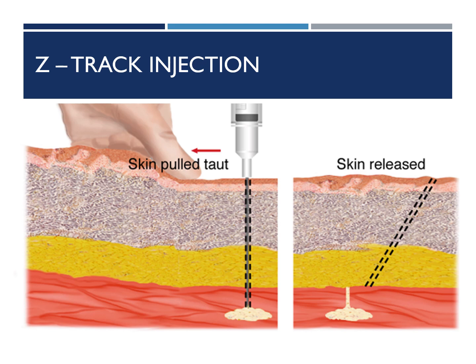So here is a picture of what that Z-Track method looks like. The left side picture shows that skin and that subcutaneous layer being pulled to one side while they're injecting that medication. And then the right side is showing you what that injection track looks like after we have withdrawn the needle and released the skin. So if you can see, that medication really is stuck in that muscular layer, and it doesn't really have a way to track back into the sub-Q or into the dermal tissue. That really helps with irritation.